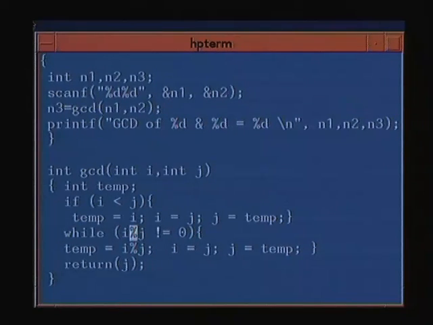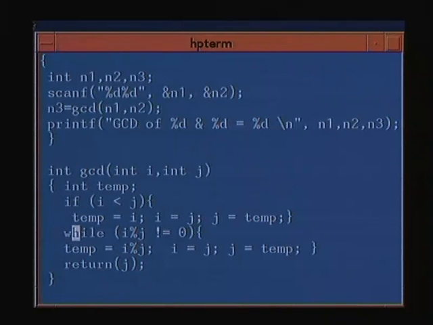This finds the remainder between i and j, and if the remainder is not equal to 0, we continue by moving i to j and moving j into the temporary location. The temporary location is the remainder. So this is the standard and well-known technique for computing GCD of two numbers, and here we have used it as a function,